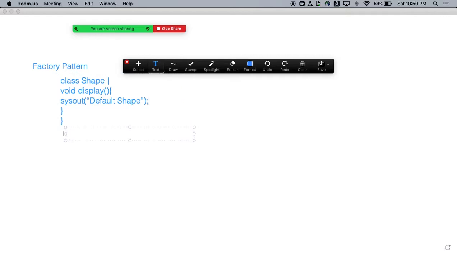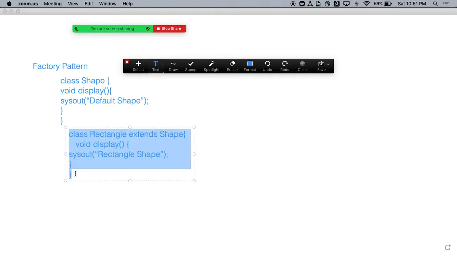One of the shapes will be a class Rectangle, which extends Shape. It will override the method called display and print the rectangle shape.